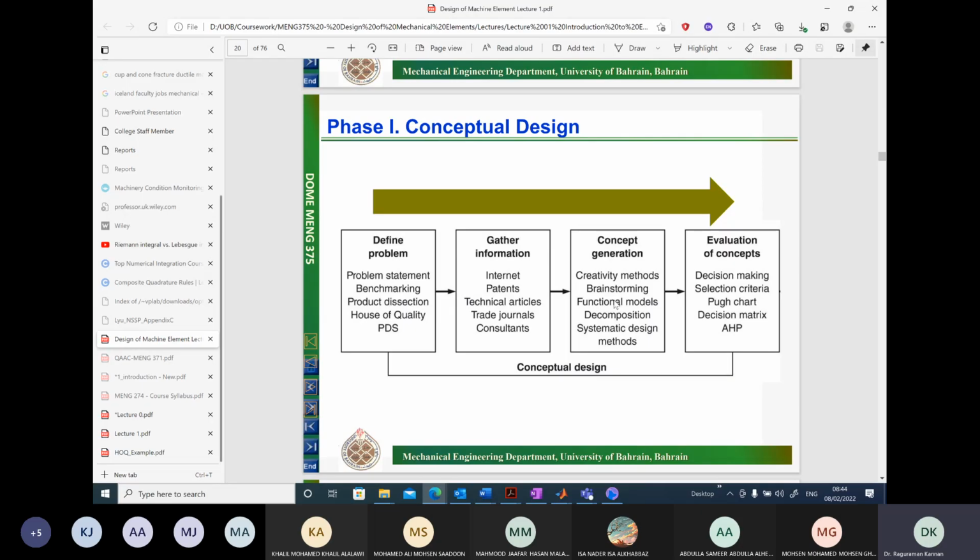We have seen earlier how to represent a block diagram, especially as input and output. Some input energy, you do some function, and then it gives you some output energy. By creating these block diagrams, you will be able to think about different physical principles by which you can achieve this